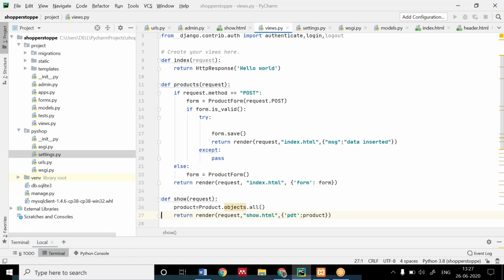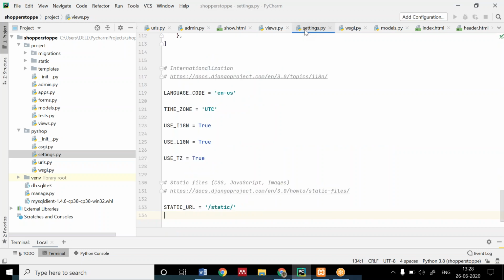Shivam, can you send me the settings.py static line of code? Not this one, Shivam, the three lines of code which I have given here to write here. Okay, thank you, Ankit.